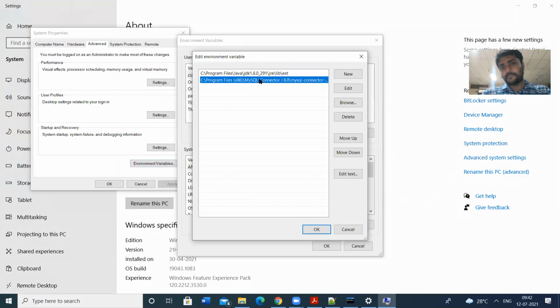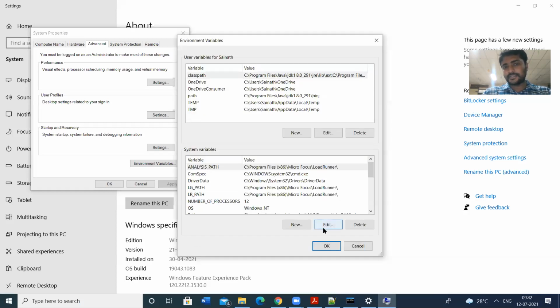We have to add Program Files, MySQL Connector J 8.0, the MySQL connector jar file. I have added the path here. Then only will the application program locate the database.